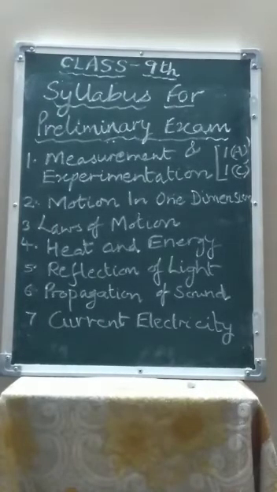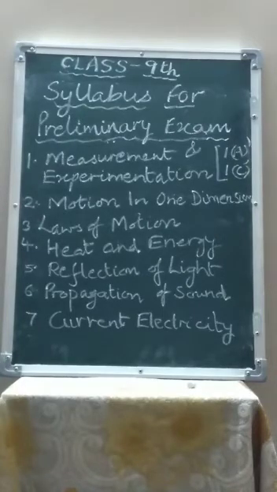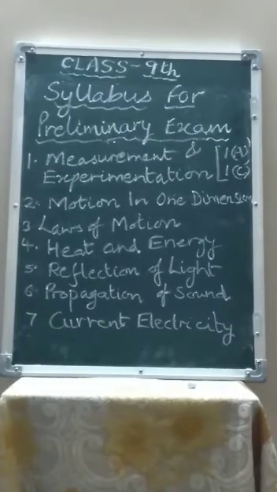Now next chapter, heat and energy. This is chapter number 6. 4 and 5 are not given. In this only the first part is coming: difference between heat and temperature and anomalous expansion and phenomena based on the anomalous expansion of water. All these you have to do, plus the pond diagram in which the different layers of water have different temperature. In this, energy flow and energy sources are not coming. You don't have to do that.